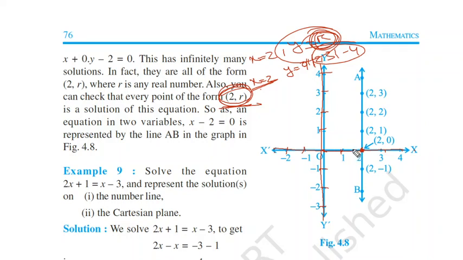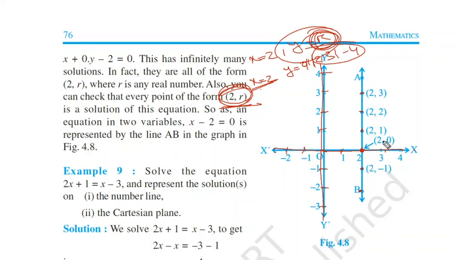Now we need y equal to r. So we can take y equal to any number. I will take say minus 1, say minus 2, say plus 1, plus 2, plus 3. Any number you take for y. Okay. Now you see we have got some points.